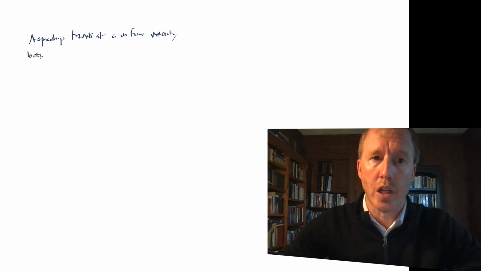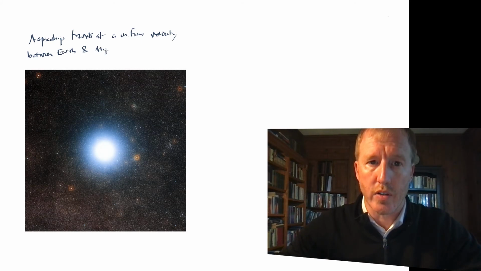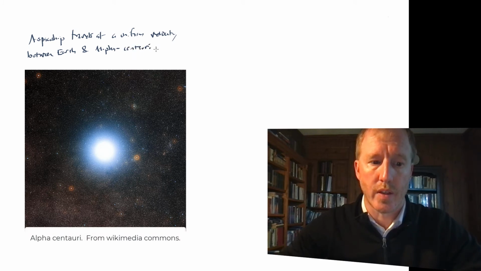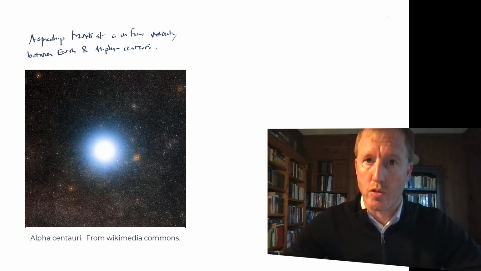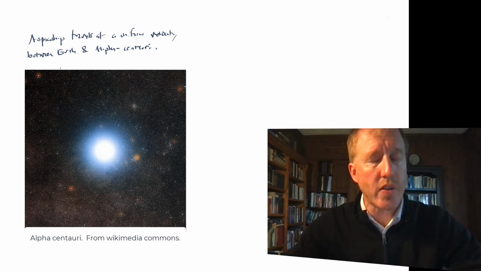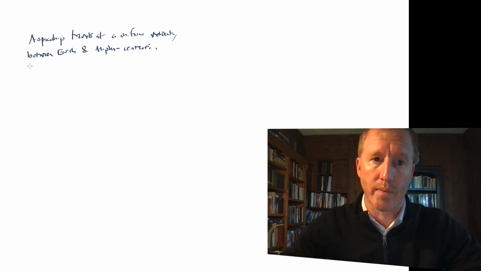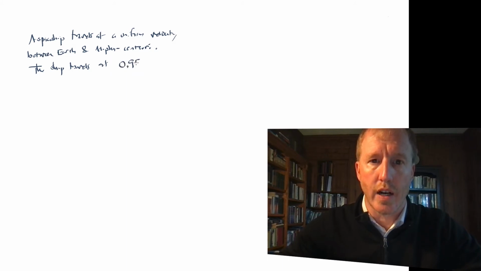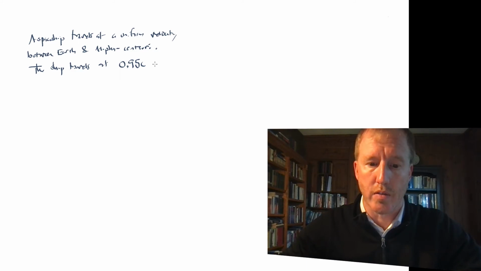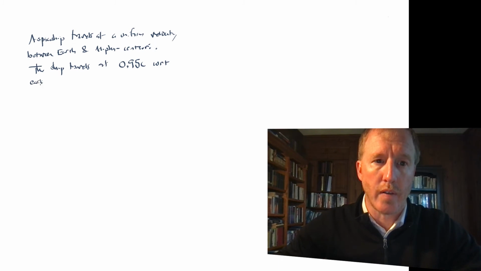between Earth and nearby alpha-centauri. So alpha-centauri is a star, one of the ones nearest to the Earth. And let's suppose that this spaceship is traveling at 95% the speed of light. Some of these numbers are going to sound a little bit outlandish, and it's admittedly a bit contrived in order to make the problem more interesting. So the ship travels at 0.95 c, or 95% of the speed of light, compared to Earth, or with respect to both the Earth and